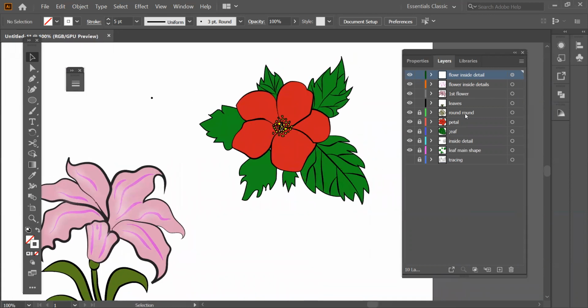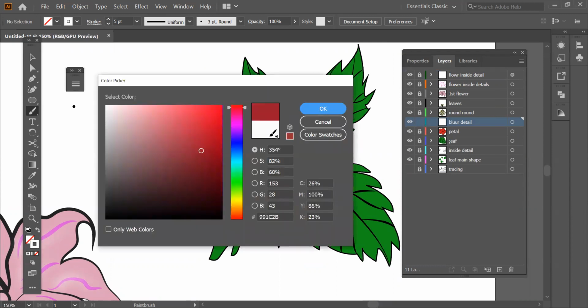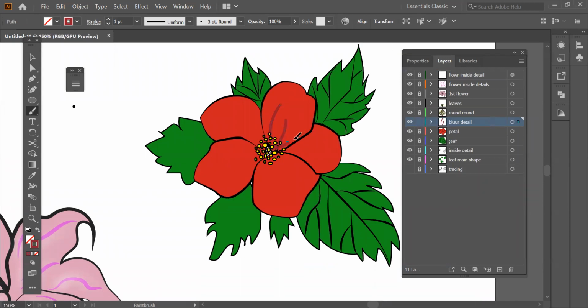This one also, if you want to edit a little bit, let's do that, okay? I'm just going to make a new layer above the petal, because I want to apply some blur over there. So I'm just going to add blur detail and make some strokes over there with the brush tool. See, I'm going to lock everything because you won't even know when you jump to the next layer. Okay, so lock everything. I'm just going to take the darker color first of all for this red itself. See, it's automatically going below the round thing. I don't have to do the send to back and all because it is below that. I'm just doing it, not thinking much.